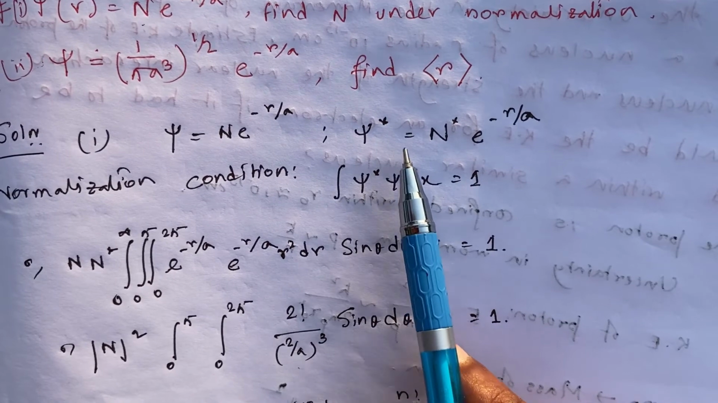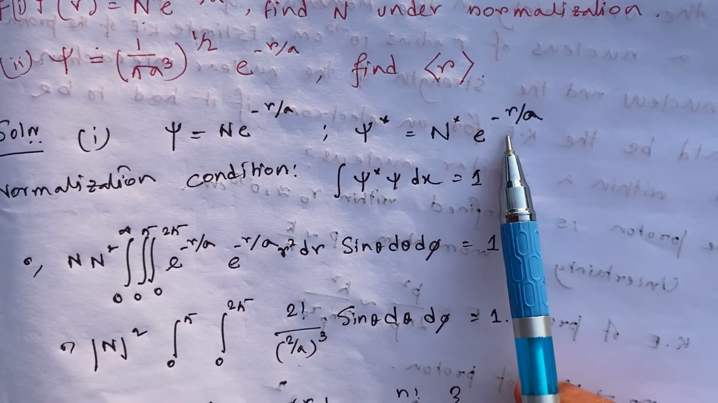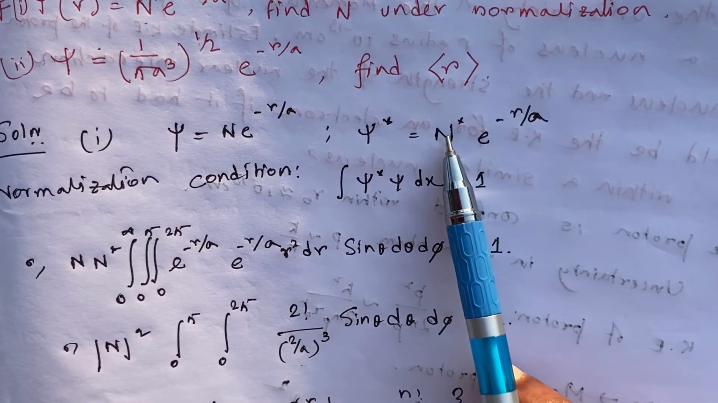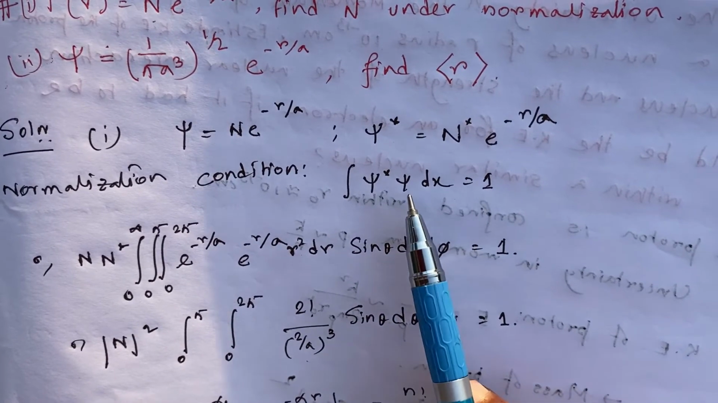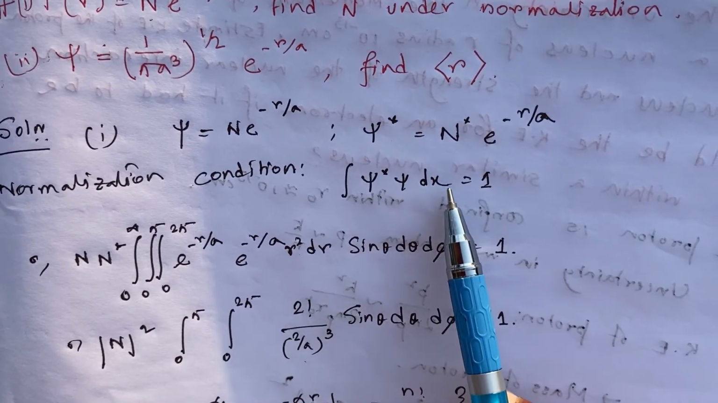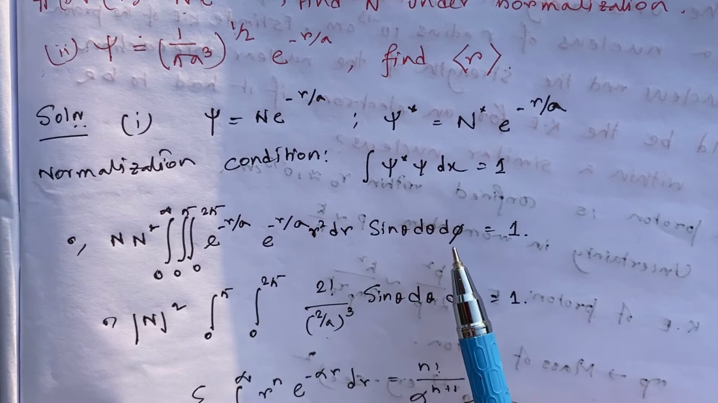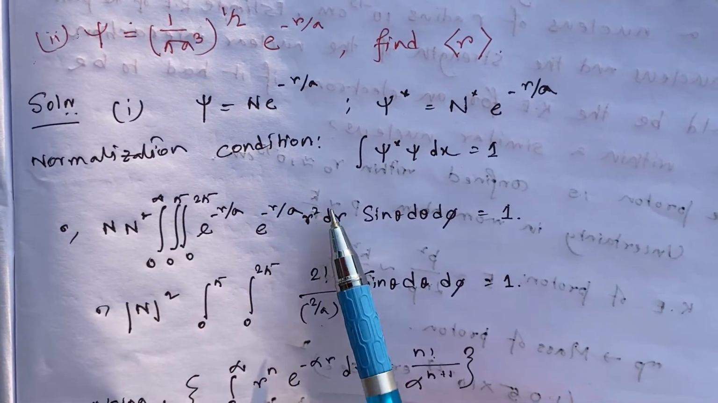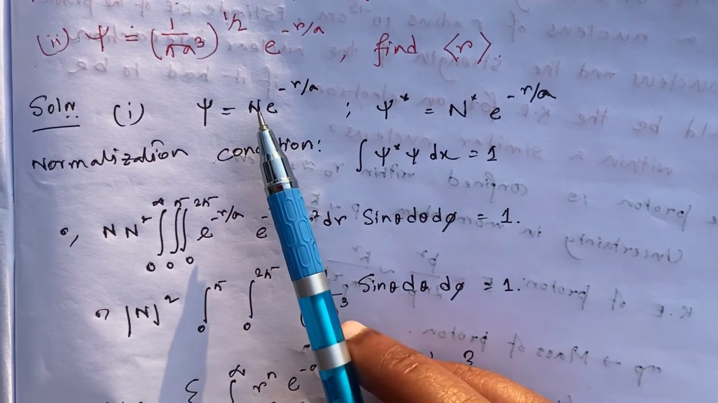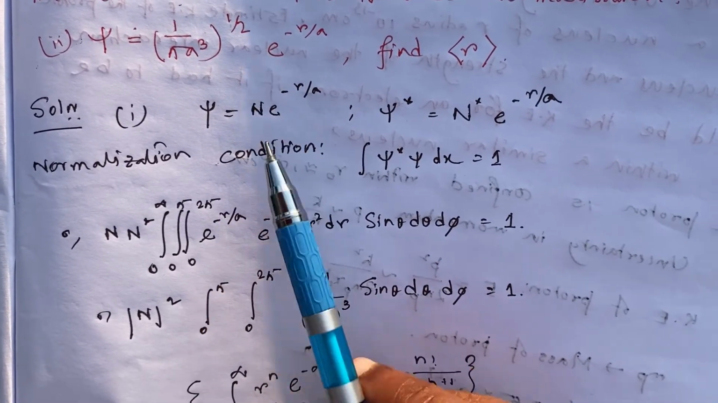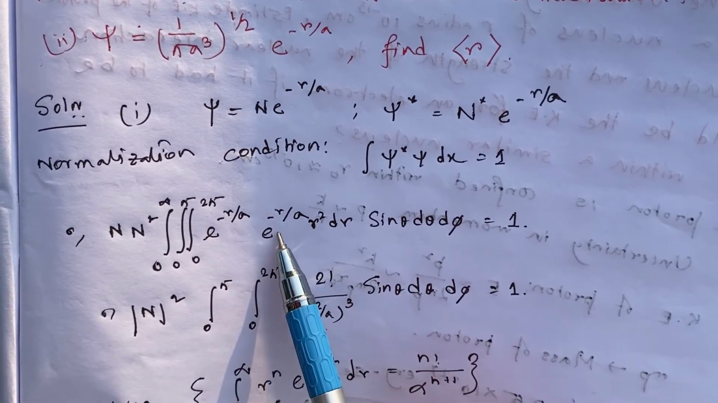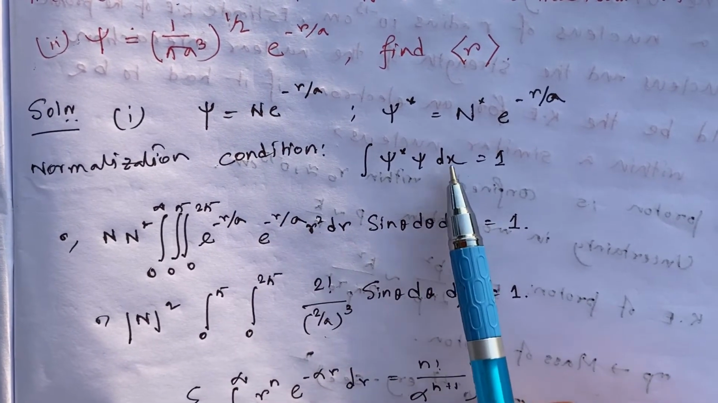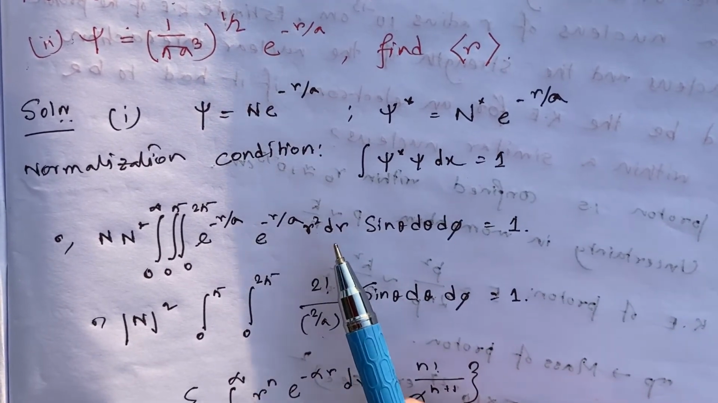তাই আমি যদি সাই স্টার লিখি, তাহলে এটা রিয়েলটা রিয়েলই থাকবে e to the power minus r by a, আর এটা n স্টার হয়ে যাবে। এবার ∫ সাই স্টার সাই dx ইকুয়াল টু 1, এটা হচ্ছে নর্মালাইজেশন কন্ডিশন। নর্মালাইজেশন কন্ডিশনে এখানে সাই স্টার আর সাইয়ের জায়গায় আমি এটা পুট করলাম। সাই স্টার সাইয়ের জন্য হচ্ছে n স্টার, e to the power minus r by alpha আবার e to the power minus r by alpha। dx এর জায়গায় এই ভলিউম এলিমেন্টটাকে আমি